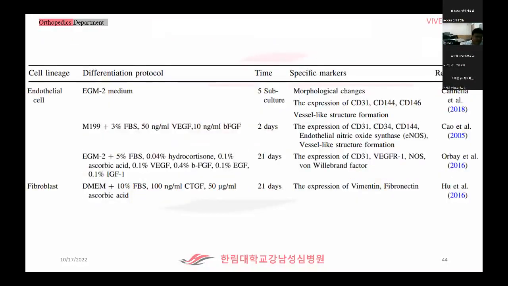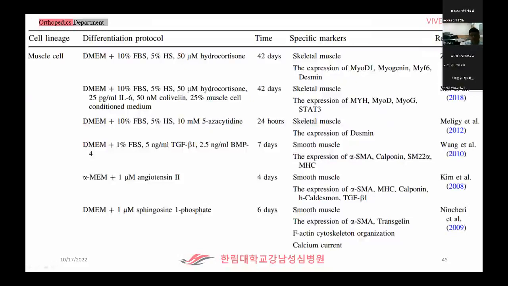Then endothelial and also fibroblast cells can be produced. You can see that a specific type of growth factor is required for developing a different type of cell from the adipose-derived tissue. The muscle cell is also again very important, and here it has been found that